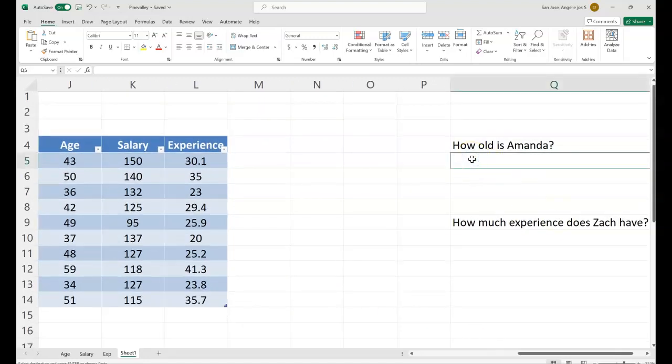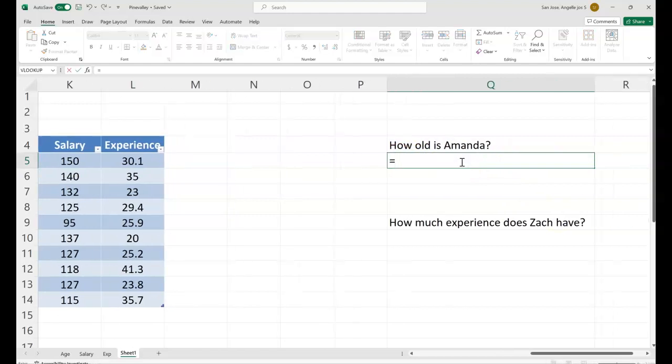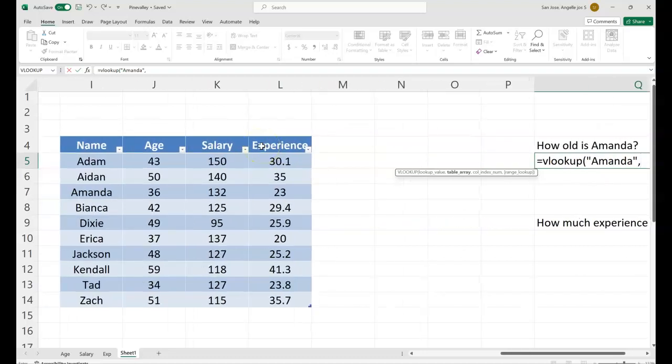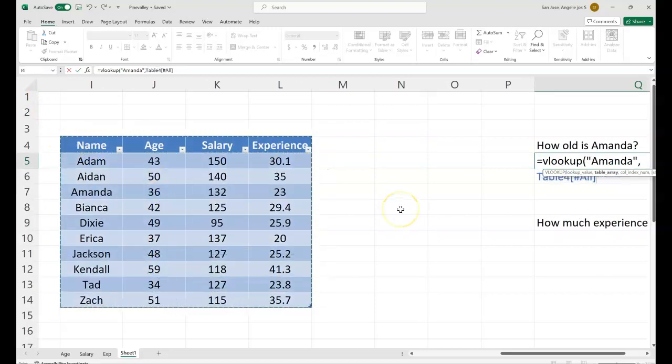The VLOOKUP function starts off with an equal sign. I'm going to type in VLOOKUP, parentheses, the lookup value. So I'm going to put quotation marks around the name Amanda, and then a comma. The table array is the range that we're looking in, so I'm going to select the entire table, comma. Column index number is the column that Microsoft Excel is going to return. So we are going to select column 2, which is the age column, and I'm going to put number 2,